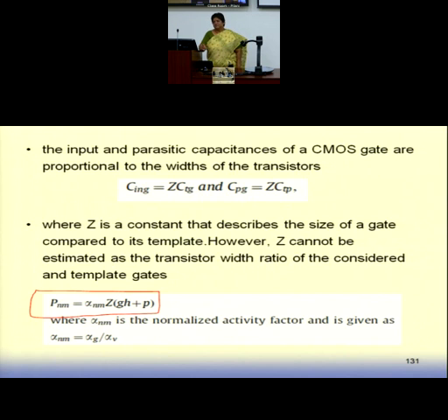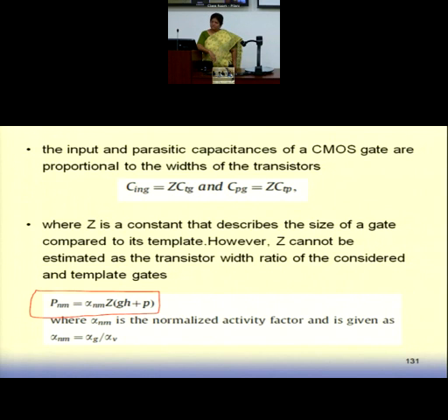But the aim is to get a generalized expression where you are getting a switching power normalized to the unit inverter in terms of quantities which are similarly described in a logical effort model for the gate delay. Logical effort model for the delay of a gate. So I am getting an expression for power consumption of the CMOS gate based on again a logical effort model, where I am describing my G as a ratio of C input to some C standard or C template, and then P is a parasitic effort, which is again a ratio of the two C's.